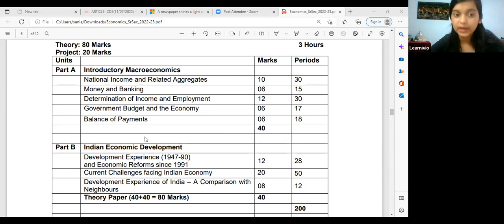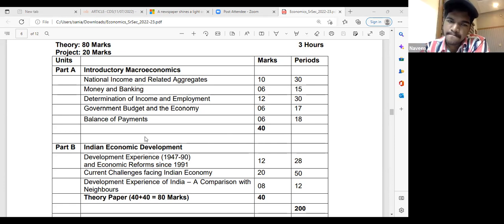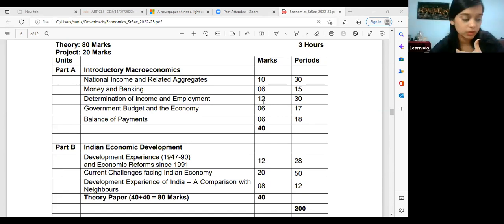national income unit. Okay. And Naveen, for example, right now your syllabus will be in the exam hall and you will be getting 80 marks, right? Per subject. But for 80 marks, you don't have to make a goal like that, I have to score 75. You have to make a short-term goal. Here you can see the marks and the periods, right? So you will be making the notes, the short-term goals.